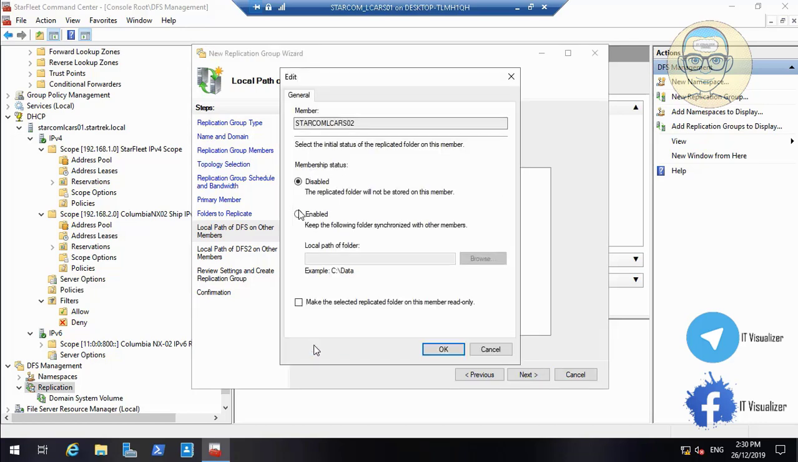Tell him edit, and then we need to tell him enable. So we tell him enable this option, and then tell him the path, okay, where to replicate. So we have D data cube on our first file server, so it needs to be replicated to D data cube on the second file server. Enable, okay,